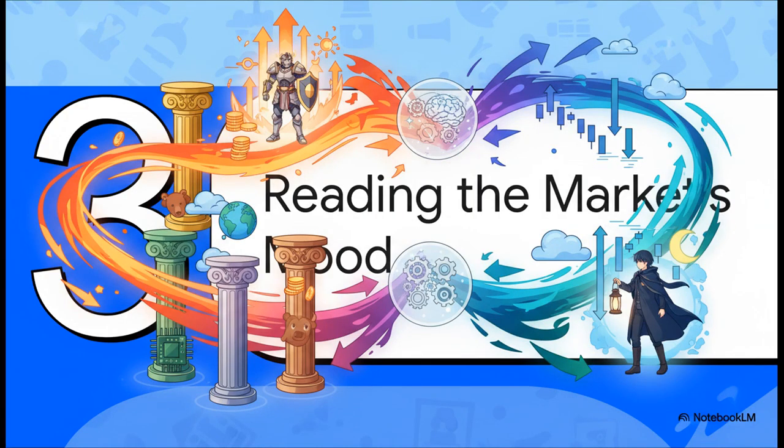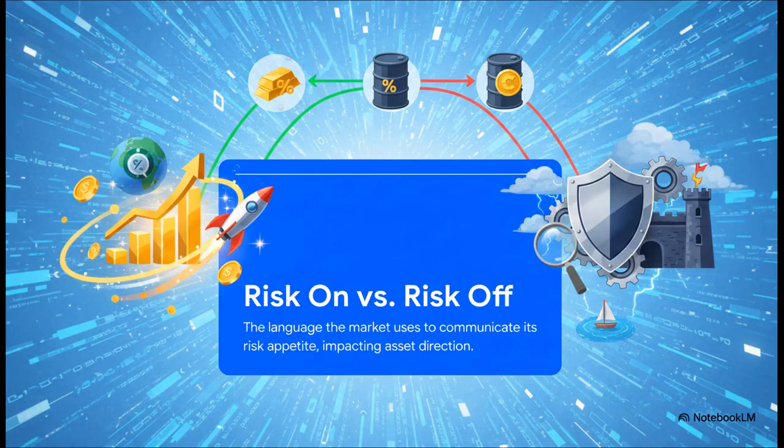So, how do we interpret this? How do we actually listen to what all four of these pillars are telling us at the same time? Well, there's a core concept that basically acts as a translator for the market's mood, and that concept is risk on versus risk off. This right here, this is the key. Risk on and risk off is the language of institutional money flow. It tells you whether the big players, the smart money, are feeling optimistic and are out there looking for growth, or if they're fearful and running for safety. Understanding this dynamic is how you unlock the relationship between all four asset classes.